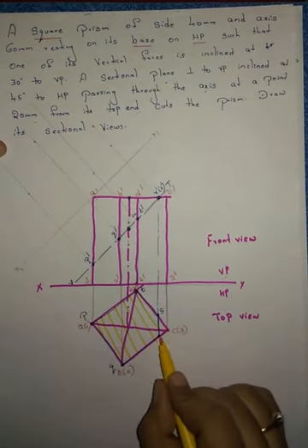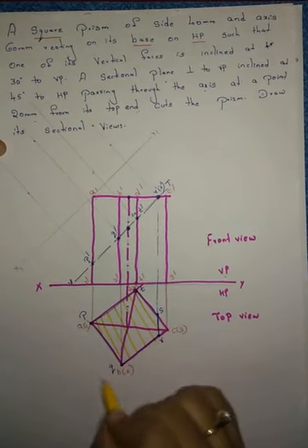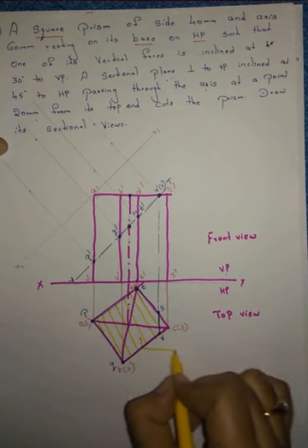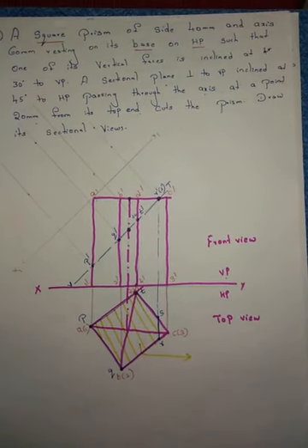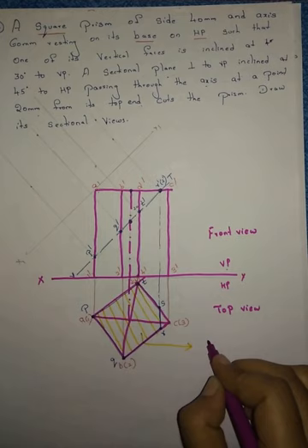Draw that way till here only, R and S only. Draw the hatching lines, and this is nothing but your sectional